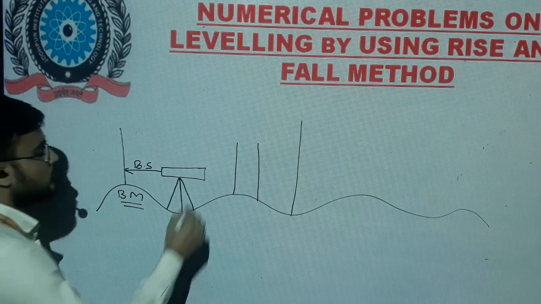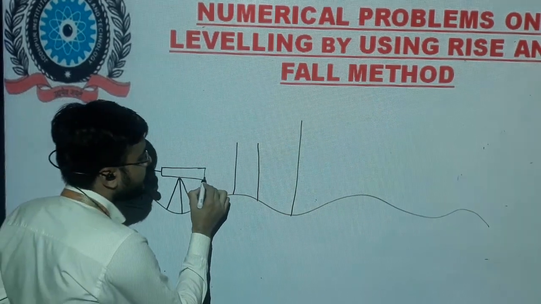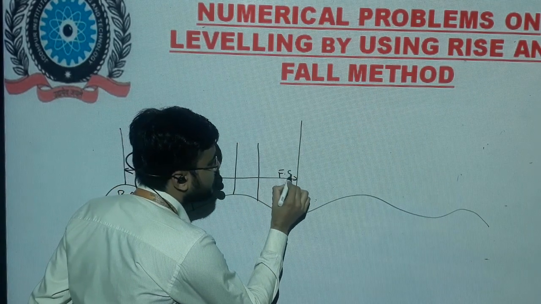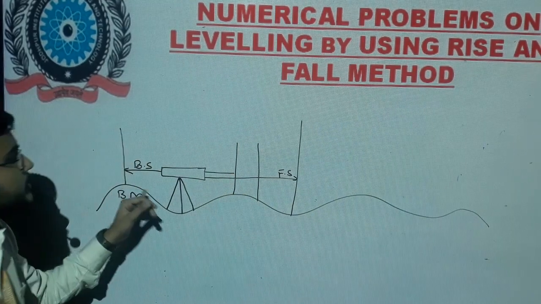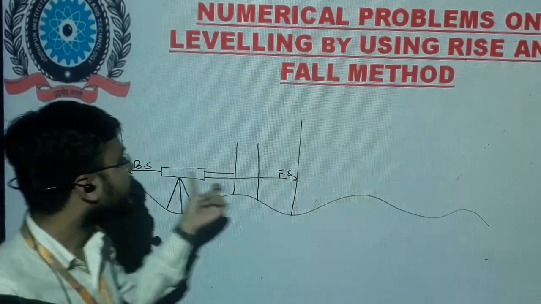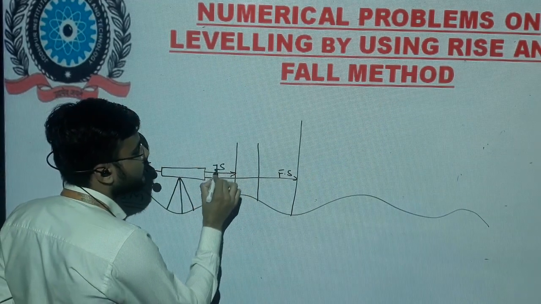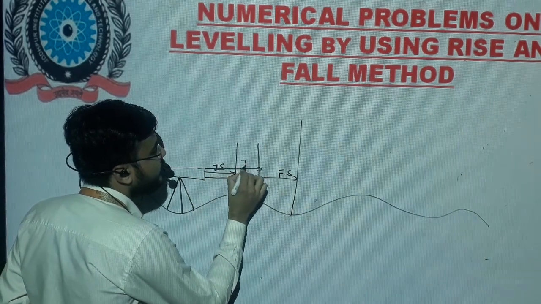As I discussed in the last lecture, the last reading will be foresight, and in between backsight and foresight, all the readings will be considered intersight.